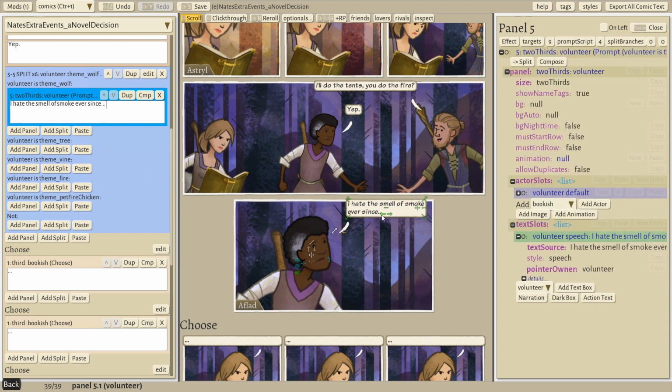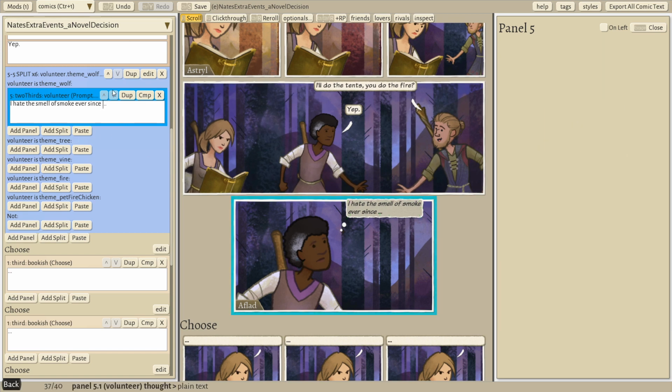Let's change this into a thought bubble too, I think. Oh gosh. There we go. Ever since I got this nose, let's just make it more explicit. Ever since I got this nose. And again, if we wanted to put more personality variation into this, we could, but I'm going to go pretty